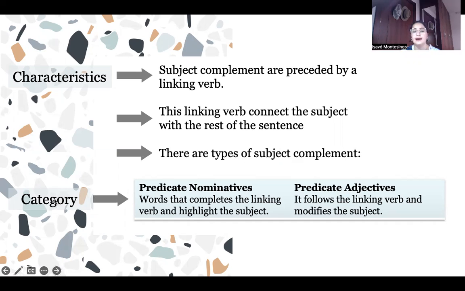Here we have the categories: predicate nominatives and predicate adjectives. The predicate nominatives are words that complete the linking verb and highlight the subject, and predicate adjectives follow the linking verb and modify the subject. I'm going to explain